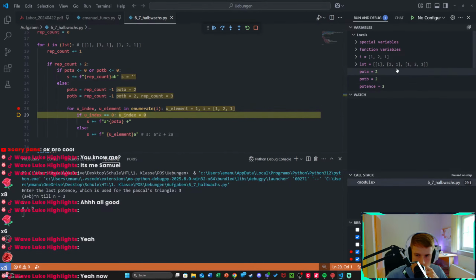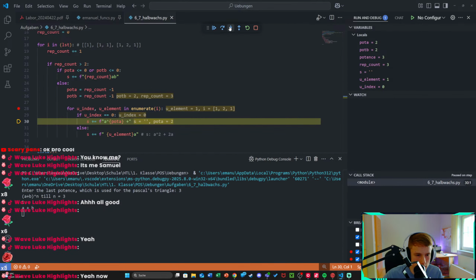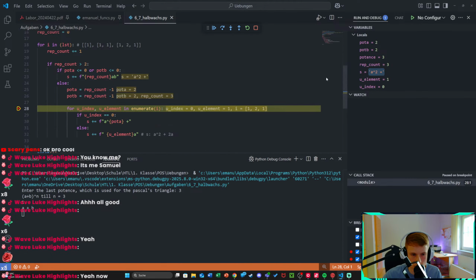We go in here. These values get generated. It is 0. We add that A with our potence. And S is a